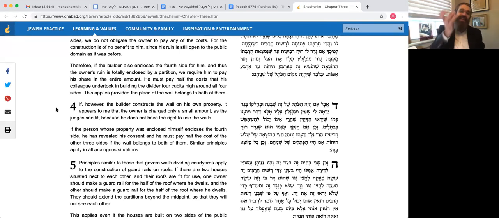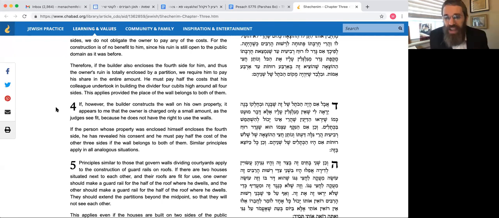So he says, you know what? That works. You can't disagree with the Talmud. So that works if they build a wall on land that both of us share, so both of us could benefit from the wall. But Maimonides says, if my neighbor builds the wall on my neighbor's property, so in other words, I'm not allowed to use that wall, then Maimonides lowers my liability. Yeah, I have to chip in a small percentage, but not 50% of the value of the wall.